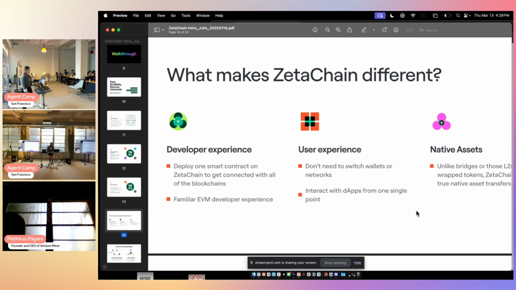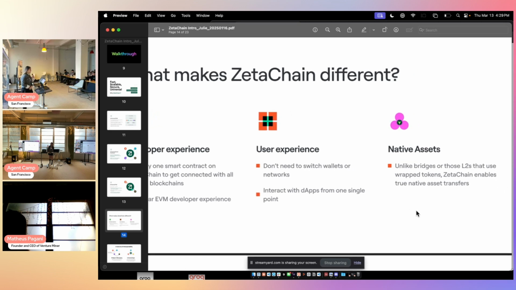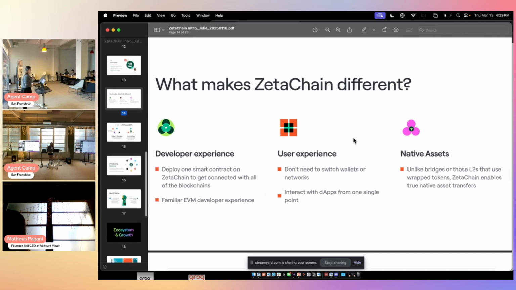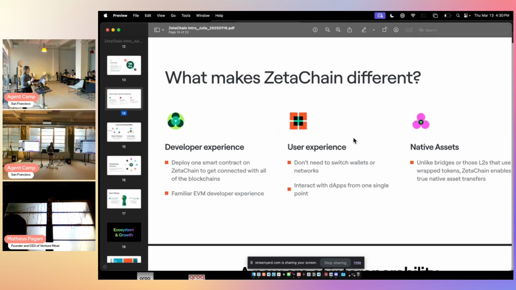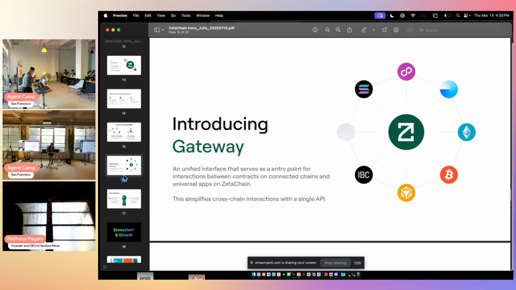And for users, you don't need to switch wallets or networks, so you can interact with all the dApps from one single point, just the Zeta Hub. For native assets, unlike bridges or layer 2s that use wrapped tokens, we enable true native asset transfers. Every day we're processing nearly 1 million transactions. So I would say we are a new era of interoperability.